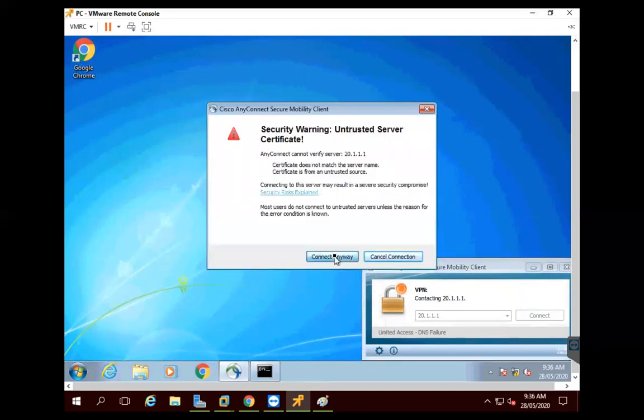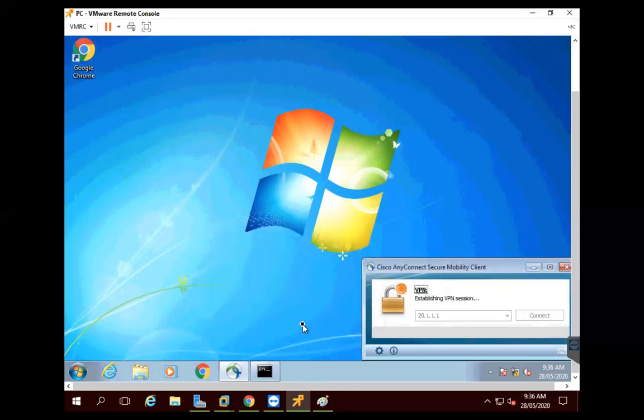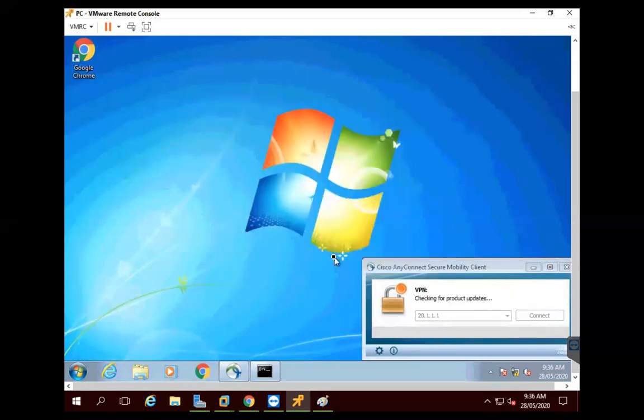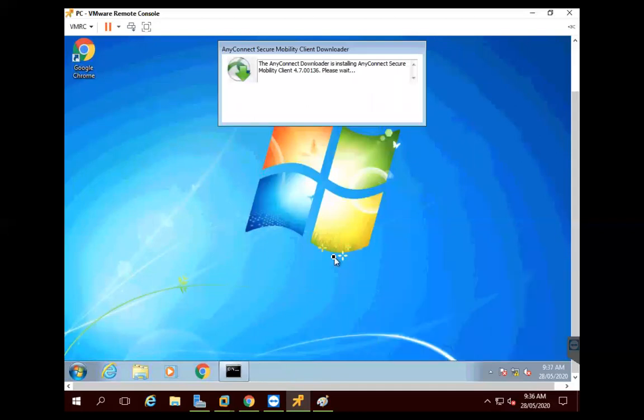Accept the certificate, connect anyway, and here you have to provide that CCIE user, the one which we have created in the ICE, and the password is capital CCIE 123, and say OK. So now you see the establishment has been enabled. Connect anyway for the certificate error. It's now connecting.